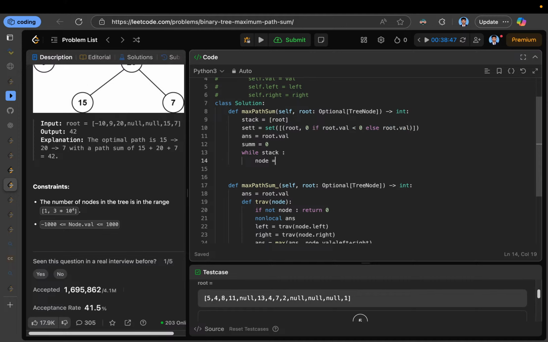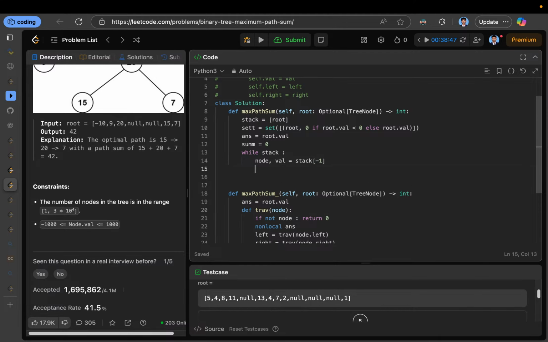Okay, and node comma whatever its value equals to stack minus 1. I get node and value, and after this,